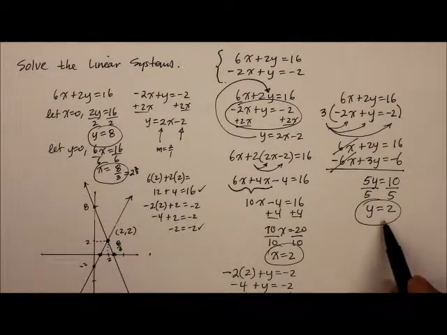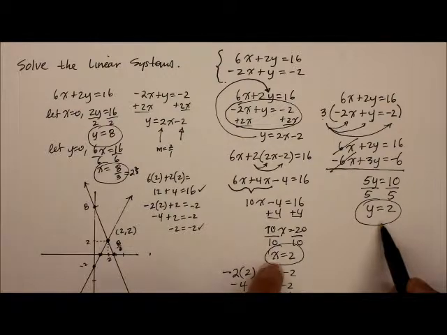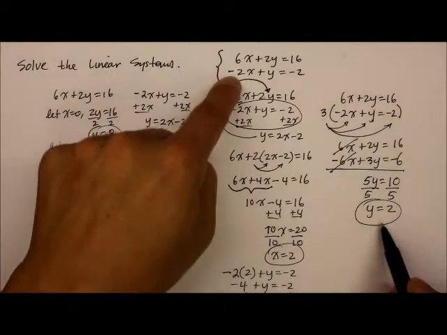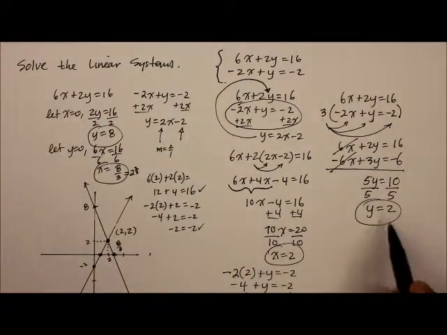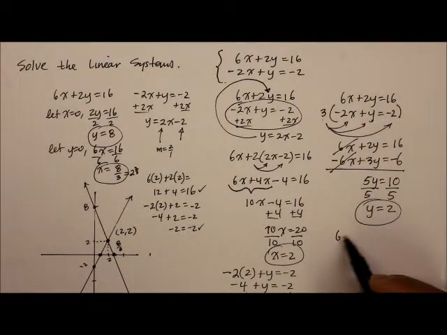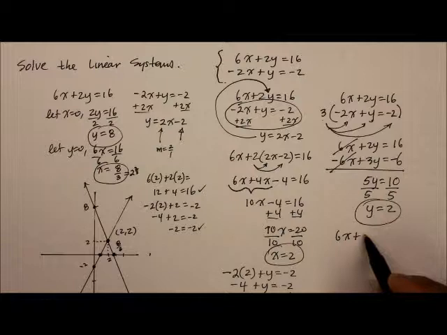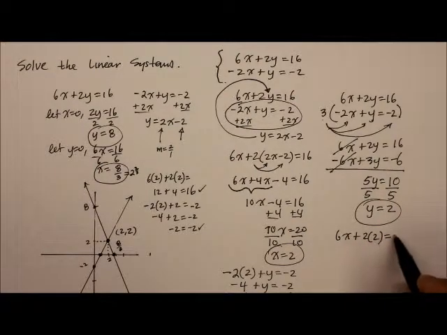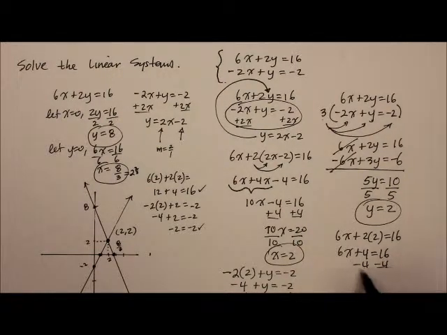And you can see how you're going to find the x, just like before when we did substitution. You take that newfound variable, plug it back into the original. Take the y, plug into one of the equations. It doesn't matter which, I'll just do it on the first one. And you should get the same answer as we've been finding for the third time now. 6x plus 4 is equal to 16, minus 4 from both sides. 6x is equal to 12. Divide by 6 on both sides. x equals,